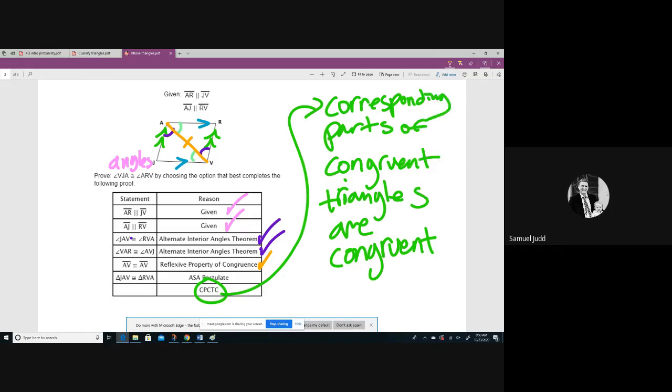Basically what that means is if you've already proved triangles congruent, like we did right here, then you know what we said at the very beginning, that every single corresponding part is congruent. So if we can prove that VJA, where's VJA? VJA right here, and RVA, sorry,